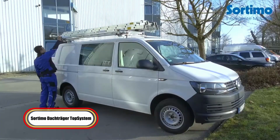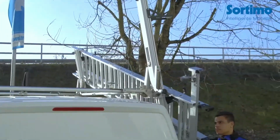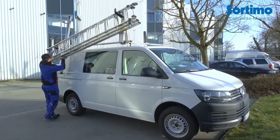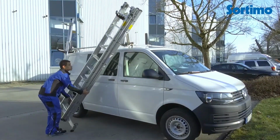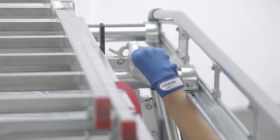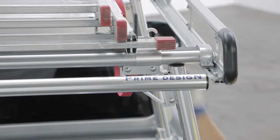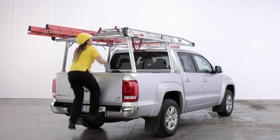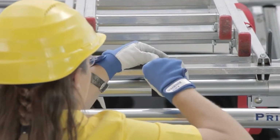Number 10. Sortimo Dash-Trager Top System. Car roofs are frequently not utilized at all, especially if they are quite high. But surprisingly, an additional room for hauling items is offered by this top system roof rack. It looks like a typical roof rack but has a few unique features. It is first and foremost modular and may be arranged to fit the needs of the customer and the vehicle's capabilities. For instance, there is a customized 8.2 or 9.8 foot long ladder carriage, lighting equipment, and an aluminum support